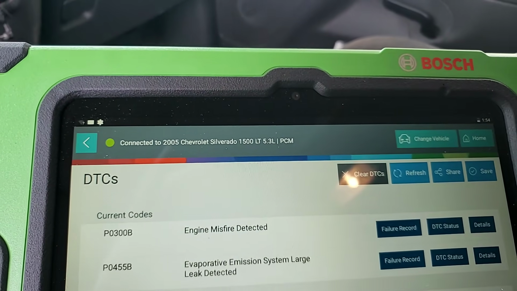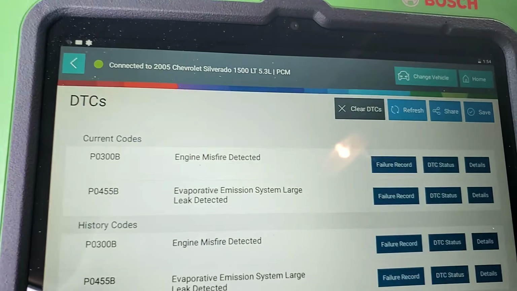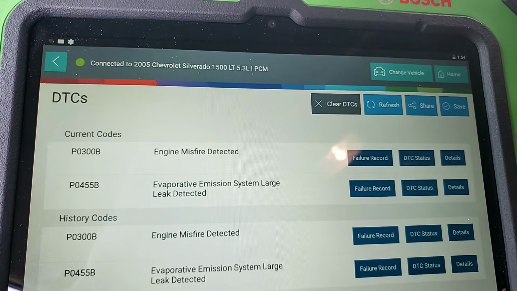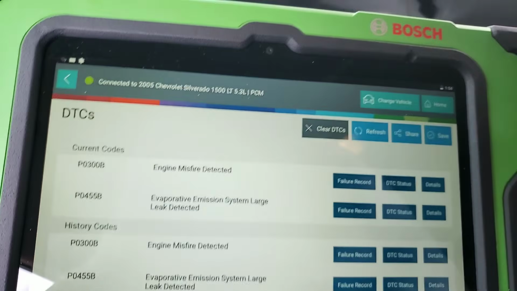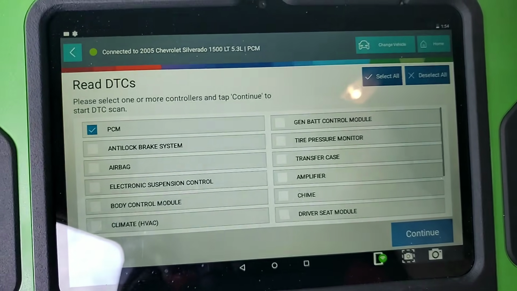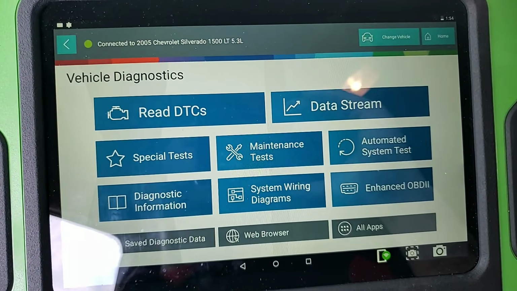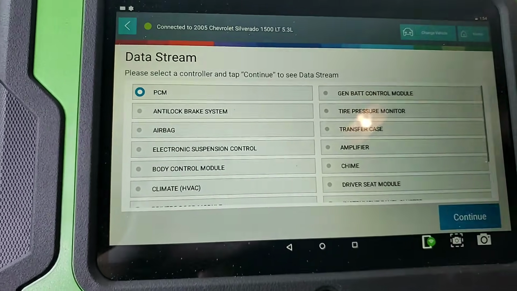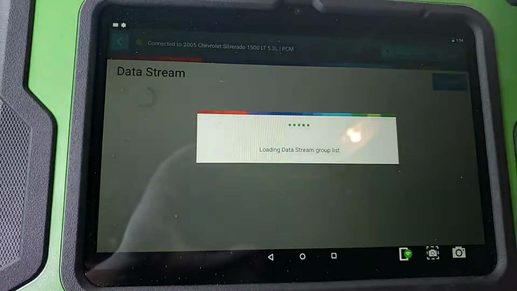All right, so an 05 Chevy Silverado 5.3. Guy called me in here because he's feeling a misfire. Engine misfire detected. The evap is probably going to be the next part of this, but right now we're going to do the misfire. So, real quick, I know this has probably been beaten to death, but we're going to do it ourselves. It is just a misfire, so let's pull up some information, pull up a data stream,